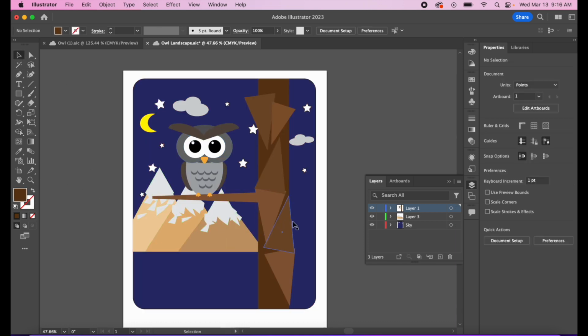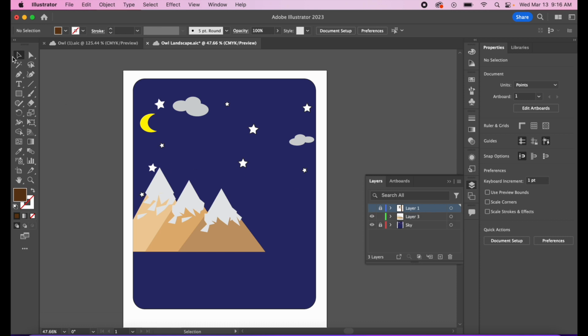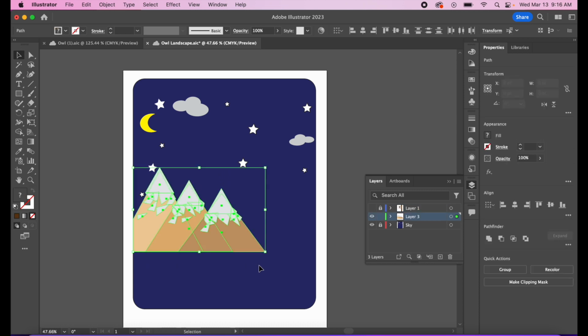All right, now I have an empty space here, so let's copy the mountain and repeat some of these shapes. Let's lock layer 1, lock the sky. I'm even going to close the eye for this one. Go to the black arrow and let's just click and drag these mountains over the mountains. Command C, Command V,